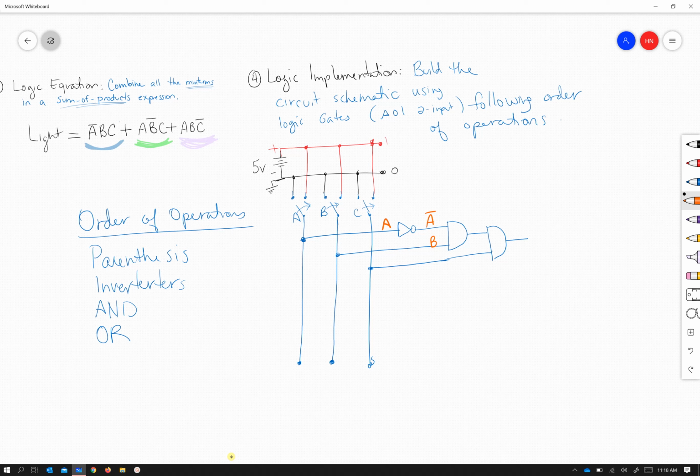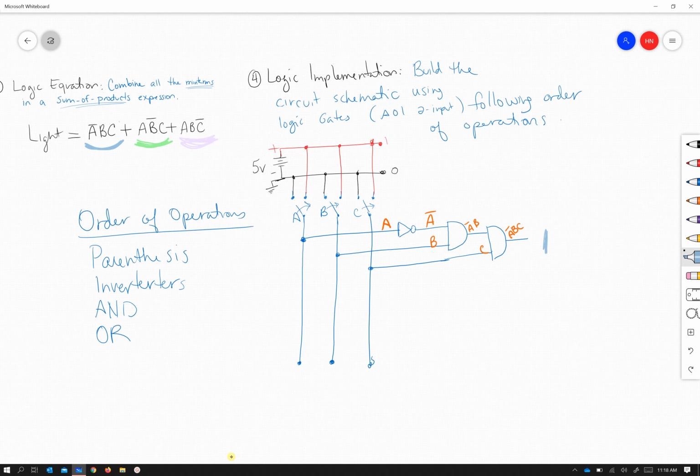The result of that first AND gate is not A, or the opposite of A, ANDed with B. In the third wire, we have C going in, and the result at the second AND gate is the result of ANDing not A, B, and C. Now, I would like you to think about this and realize that the only way this circuit right here is